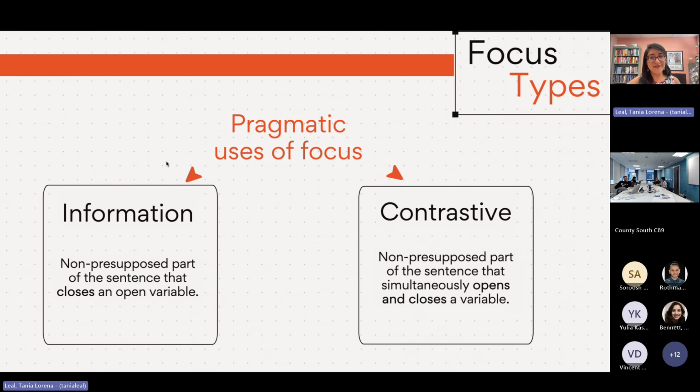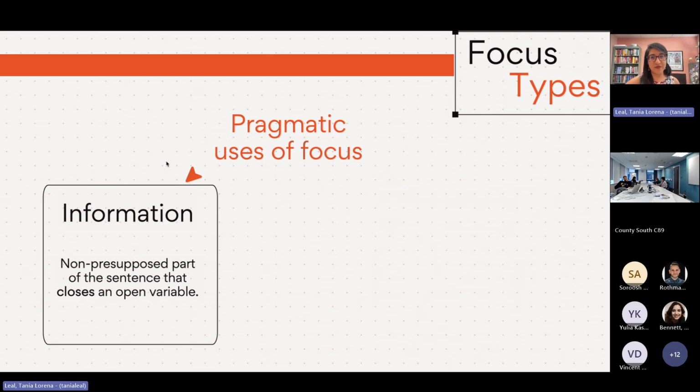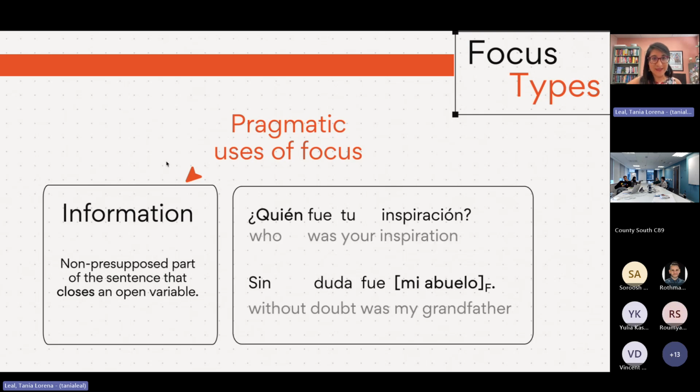Contrastive focus, on the other hand, does two things at a time. It opens a variable and closes the variable, inviting comparison or contrast. I'm going to get into this in a little bit more detail since the research is about this. So following this definition, information focus is the non-presupposed part of the sentence that's relevant for interpretation and closes a variable. So for example, in this sentence in Spanish,